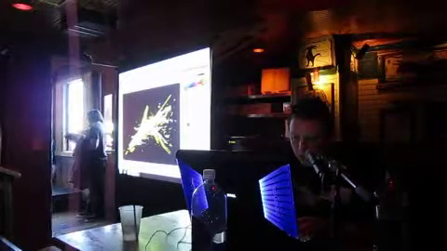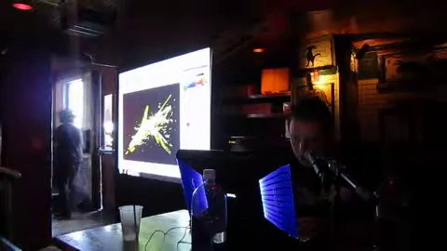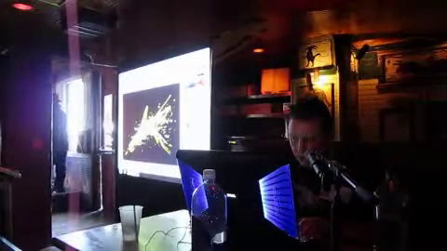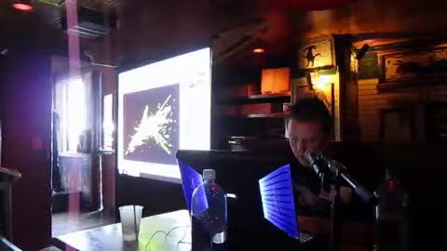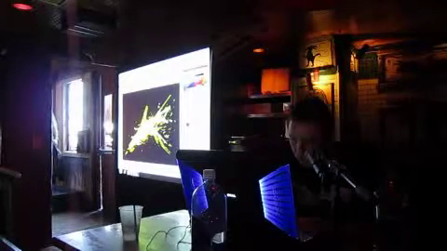Another thing I do with the gradients instead of doing full black and white is you can use the eyedropper. You can grab a color. And if you do it in that color. Again, we're going to transform and